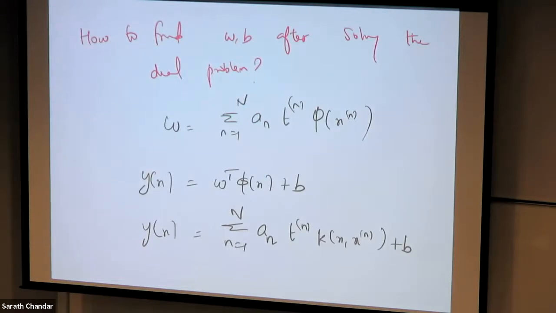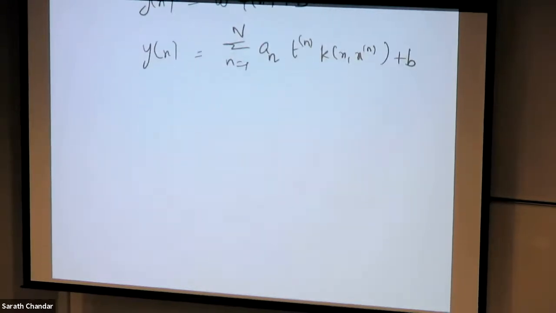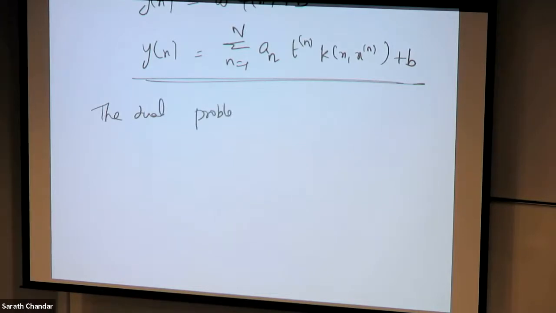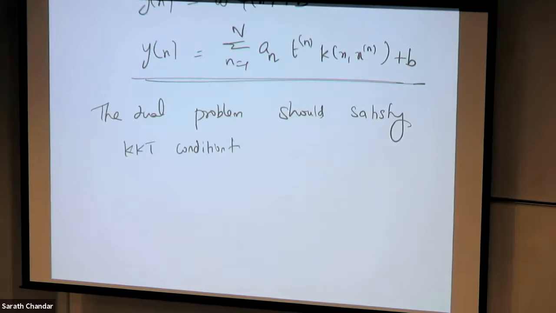So now to understand that, how sparse is the summation? That requires what is known as KKT conditions. The dual problem should always satisfy KKT conditions. If you did not do the readings, you should go back and really do the Lagrangian multipliers reading once again. It's okay if you don't know what they are. I'm going to write those conditions. The conditions are really simple.